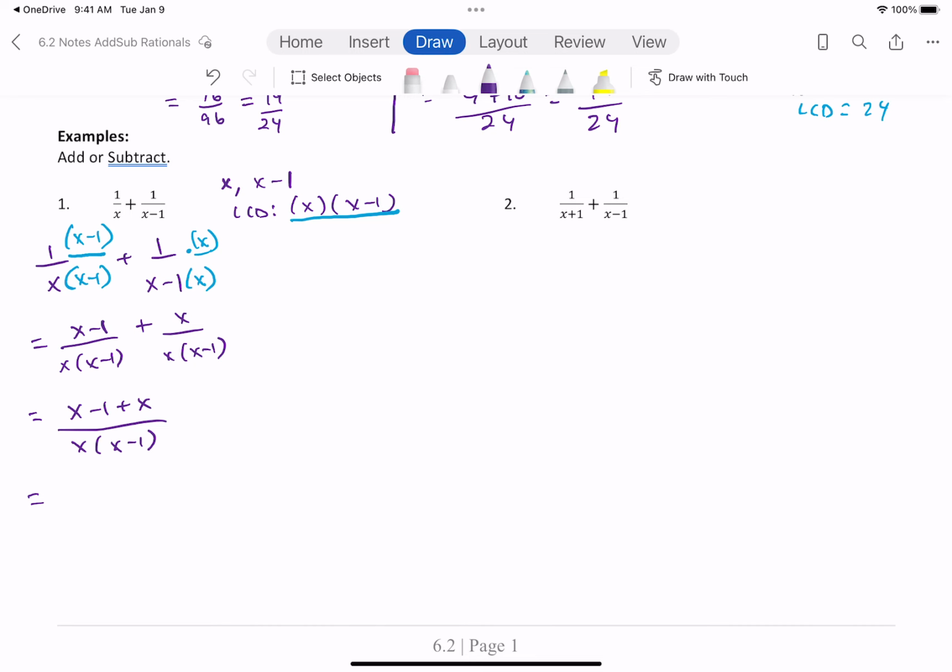And now all we need to do is simplify it. I have x plus x. That's going to give me 2x minus 1 over that common denominator, x times x minus 1. And this is our lowest term reduced answer because we don't now have any factors that are common to the numerator and denominator that we can